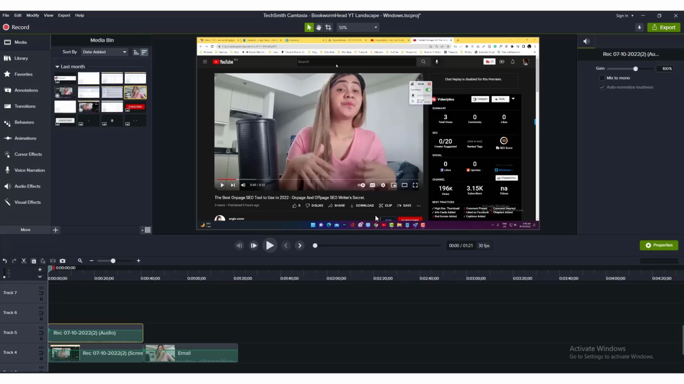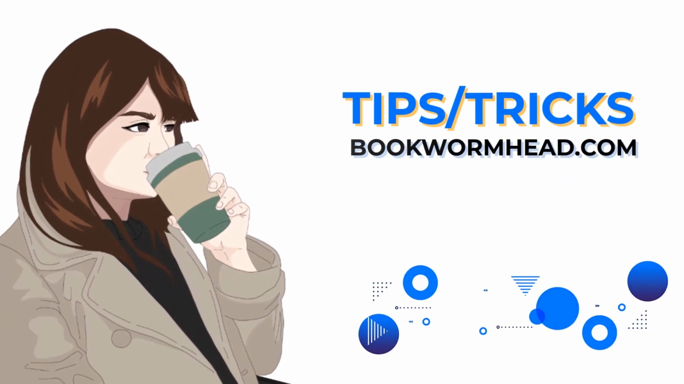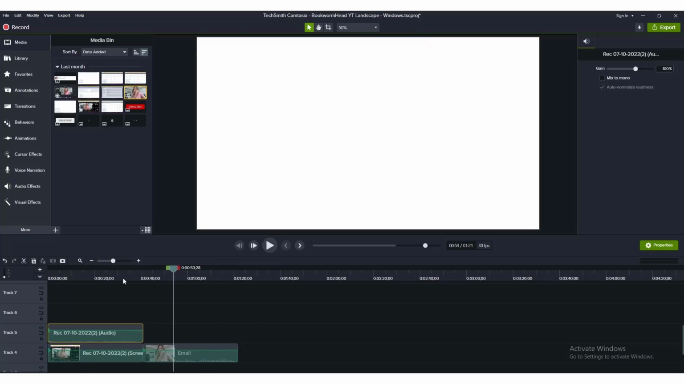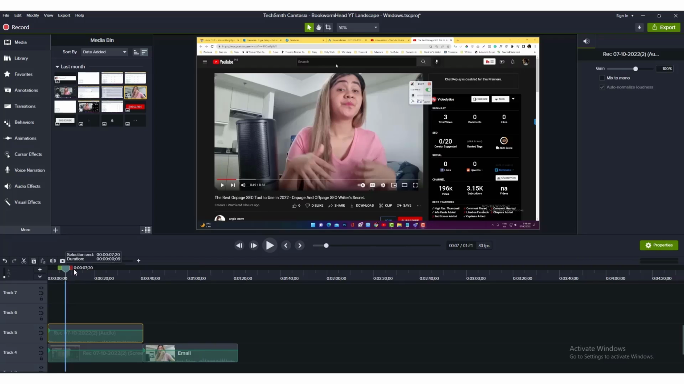So this tutorial will just help you to export a specific time frame of your video in Camtasia. Okay, you don't need to export all of this one in here, because you can just grab the starting